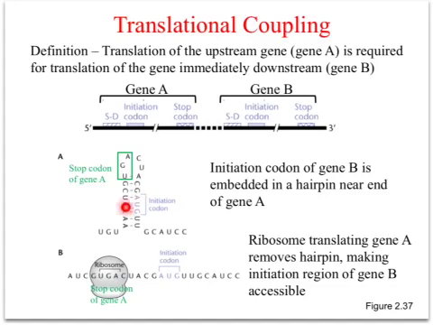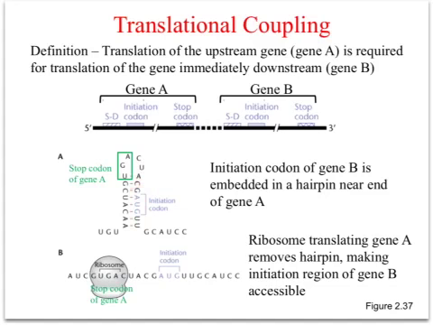Now, because of the secondary structure that comes from the sequence of the region from the stop codon to the initiation codon, the result is that this initiation codon of gene B, shown here in blue, is in a hairpin